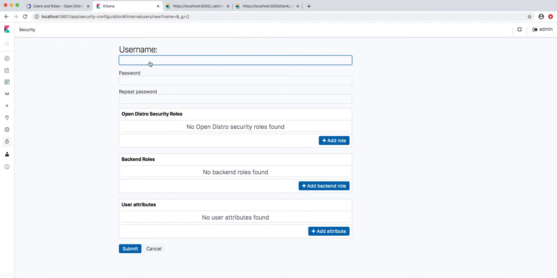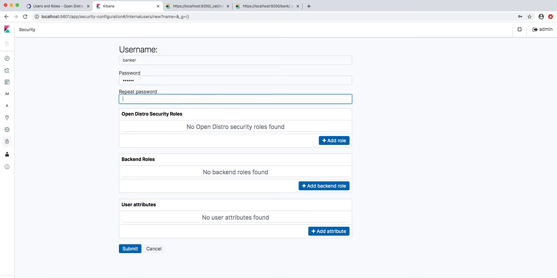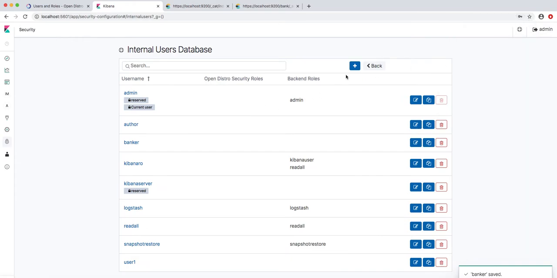It will ask for your username. We are keeping the username as banker, password as banker, and repeating the password the same. So that's it. We are just creating a simple user for now, and we have created that user. If you look here, you can see the banker user created.